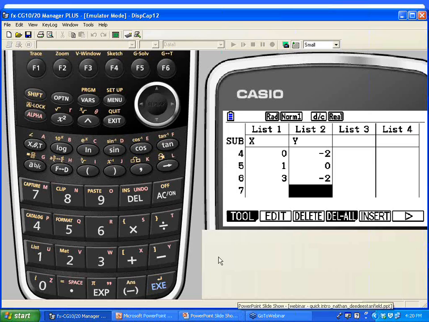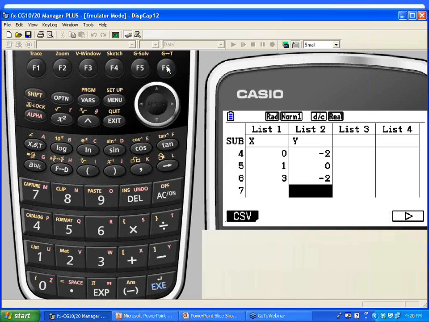Now, in order to produce a graph of these ordered pairs, we're going to want to toggle or scroll over using F6 till we see some options on our soft menu that pertain to graphing. So I'm going to press F6, and I still do not see anything pertaining to graphing. So press F6 one more time, because that means there's still more options available. And there it is. Above F1, you have the option to graph. Now press it just one time, and you see when you do that that you've got a graph 1, a graph 2, or a graph 3.